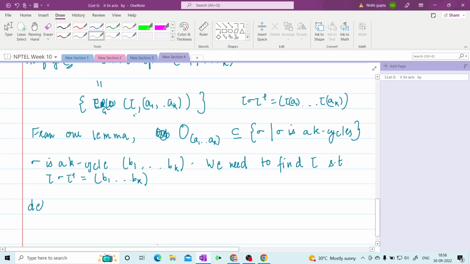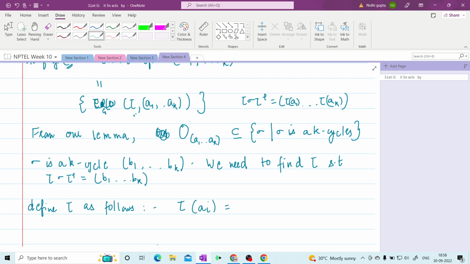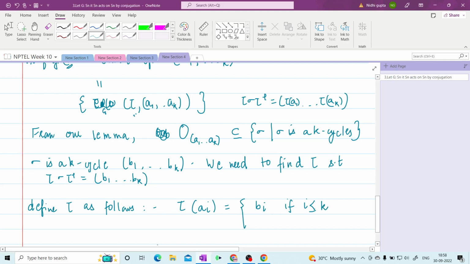So define tau as follows. Tau ai is defined to be bi if i is less than or equal to k, and since it has b1 till bk elements,